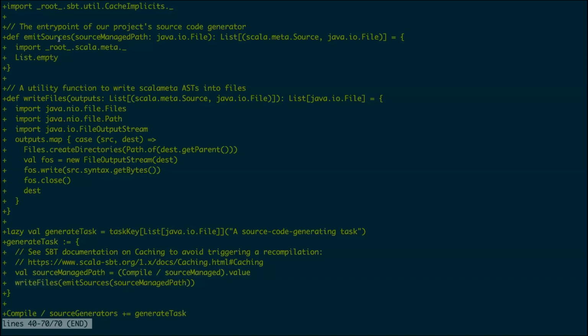Emit sources is, I forgot to mention earlier up here, where we're going to be putting all of our dynamic generation stuff. Here I have an empty list as an initial, but we're going to fill that in as we go. So given that,